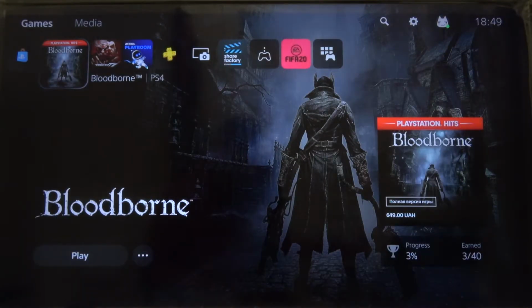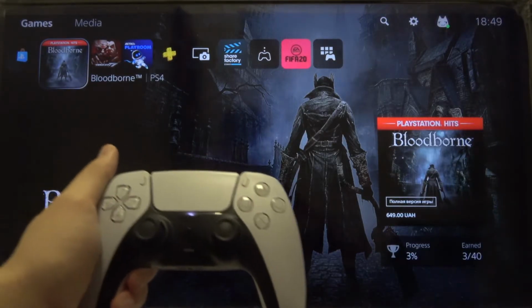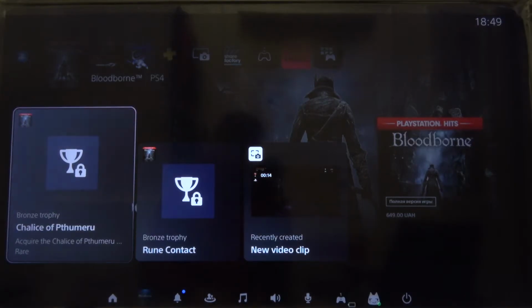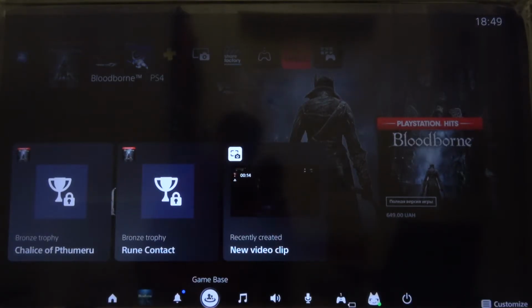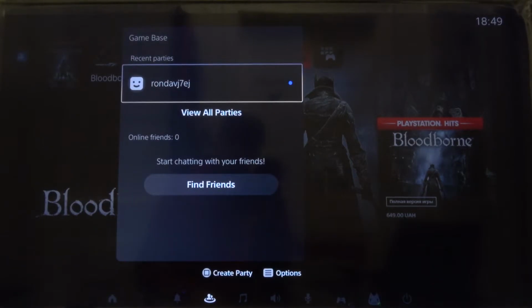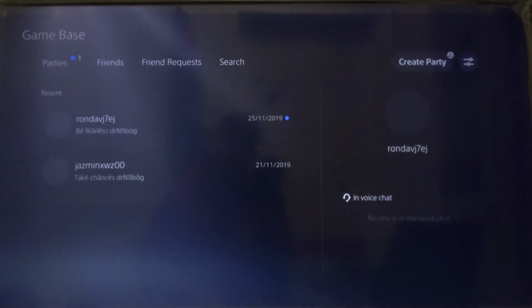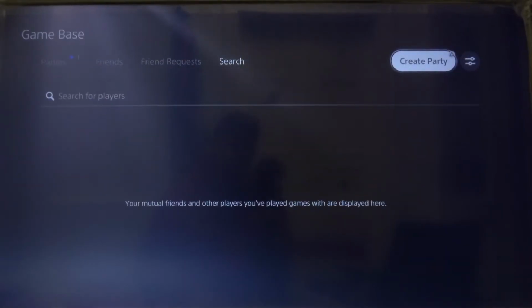Welcome. If you want to create a party on your PlayStation 5, at first you have to grab your controller and then click on the PlayStation button. After that we have to go down and find the Game Base, so click X to enter. And right now just go to View All Parties and then move to the right upper corner and click to